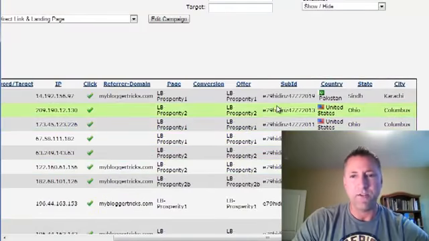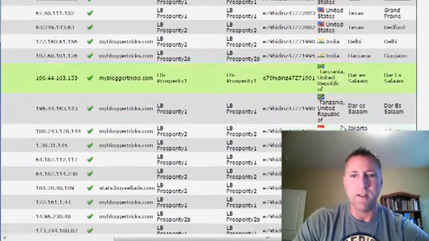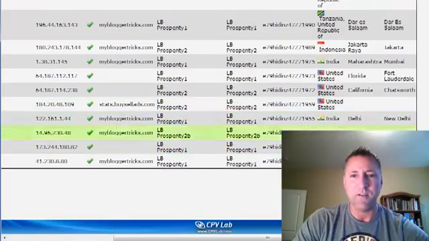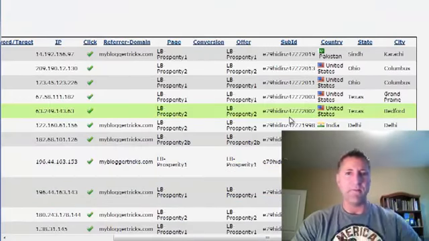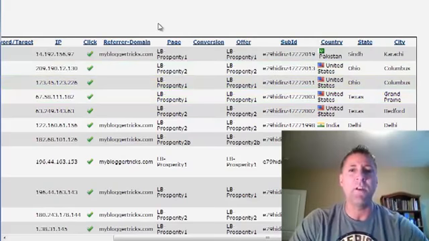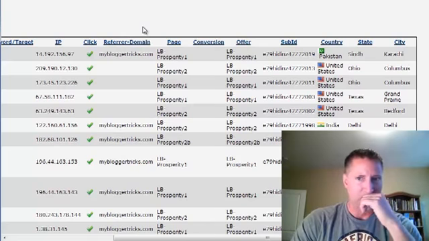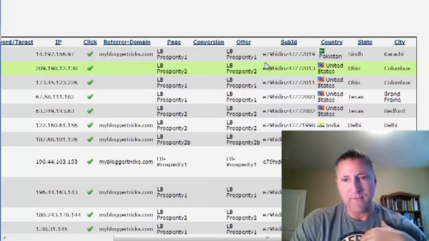Here's where this traffic is coming from. So here we can see Pakistan, United States, a couple of United States ones, India, Tanzania, Indonesia, some more United States, some India. This is very, very, very important. If you're not tracking this and you don't know, then you have no idea where this traffic is coming from. And again, it's a big difference, getting 100 clicks from India versus 100 clicks from the United States. That will make all the difference in your business, trust me. So you have to be able to track this stuff.